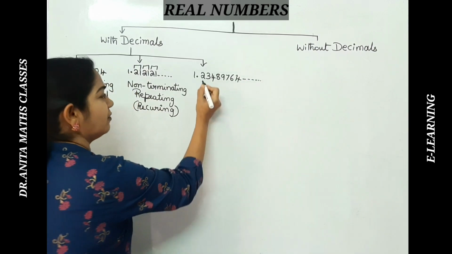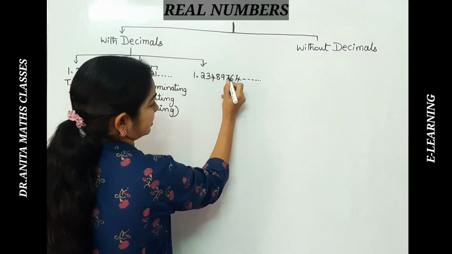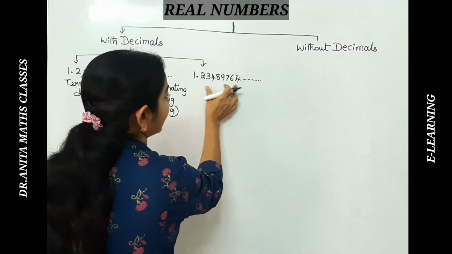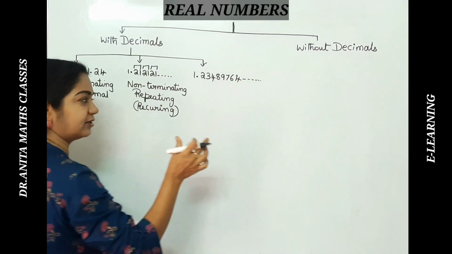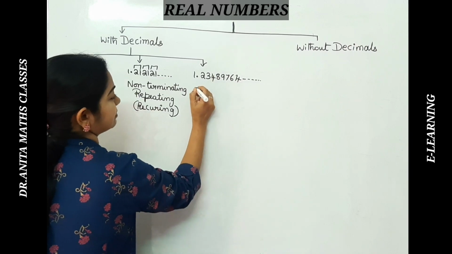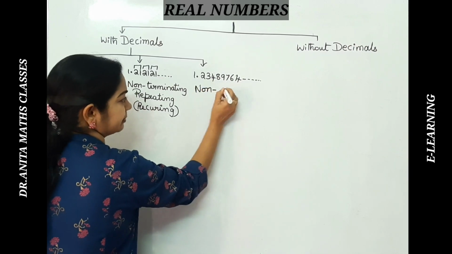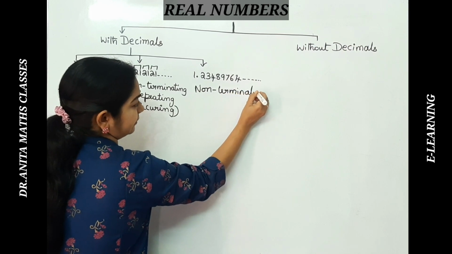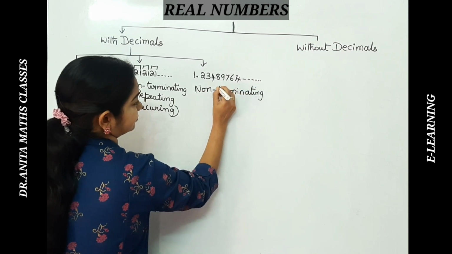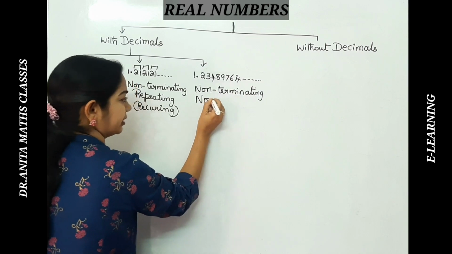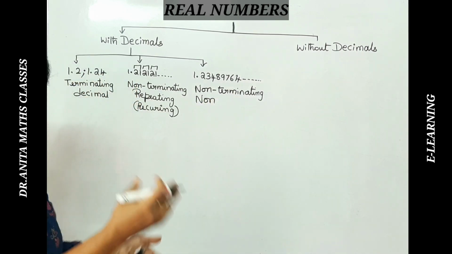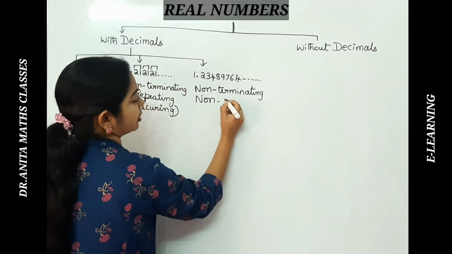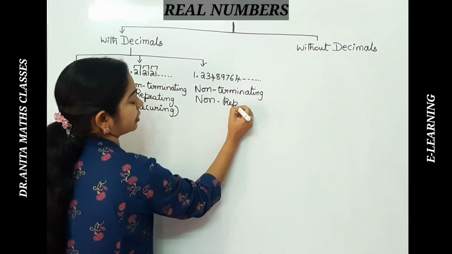Always see here 2 3 4 8 9 7 6 4, all are mixed and matched, and nothing of a particular set of numbers is repeated. So such numbers are called non-terminating, because they are not stopping, and non-recurring, because they are not being repeated. In the earlier case 2 1 is repeated, here they are not repeating. So non-terminating, non-repeating